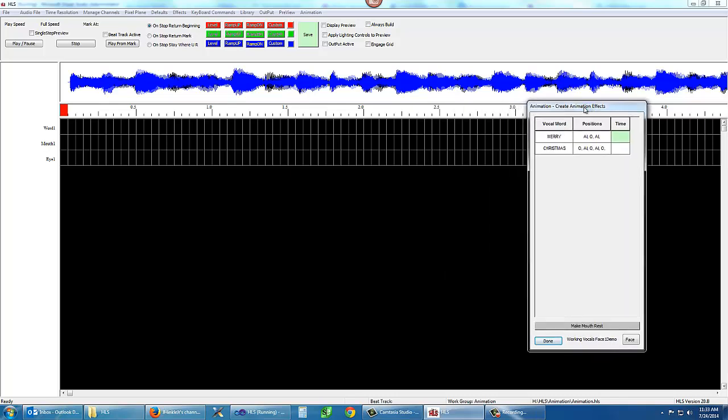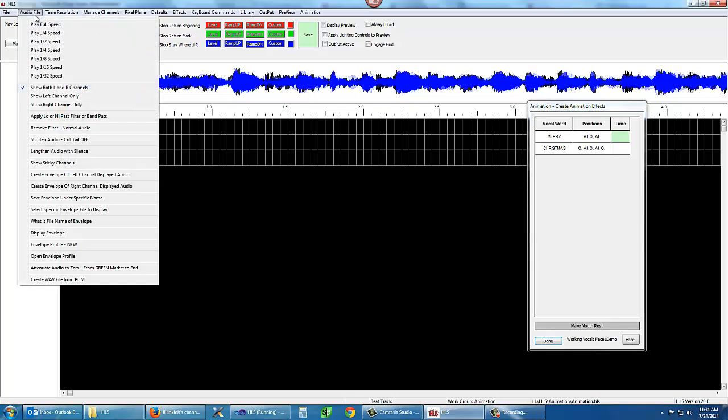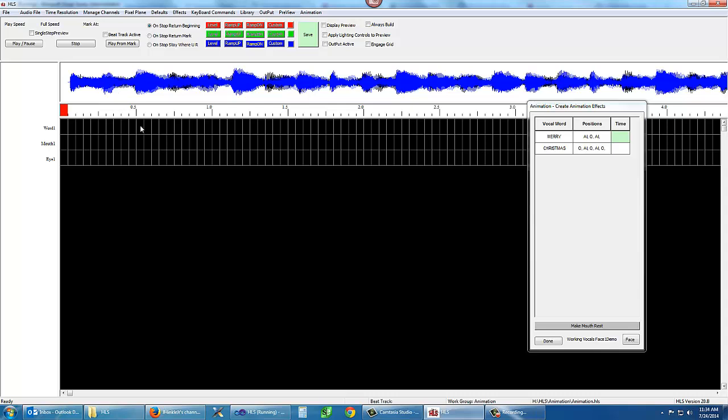Now it's broken up our words here. So we have each word. And it says here, Merry, remember, Merry actually may be, it has 3 phonemes and we've combined all those 3 phonemes so they're only showing up as these. What you would do is you would listen to the song and you can go to audio file and you can slow it down if you want. What you want to listen for is where the word Merry is said in the song. We're going to assume Merry